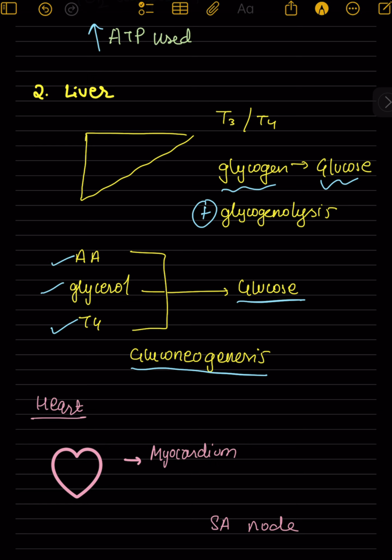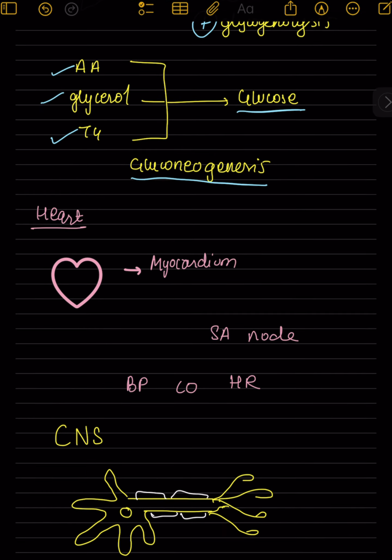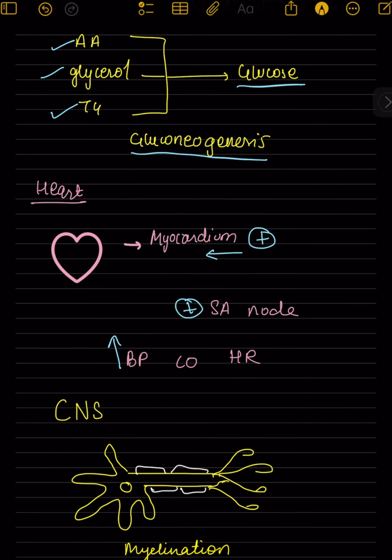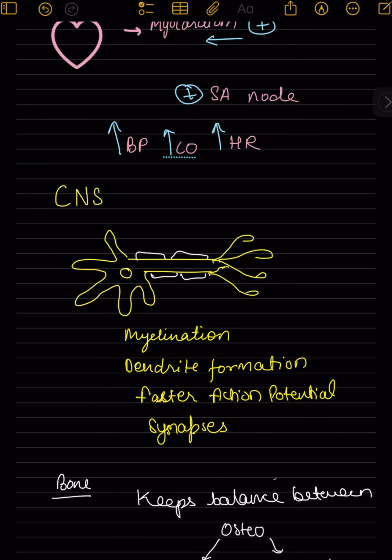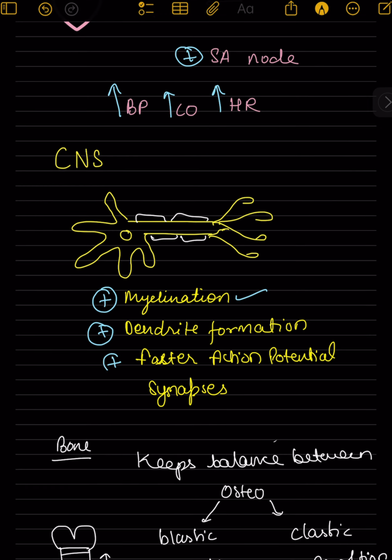triglycerides. In the heart, the thyroid hormone stimulates the myocardium of the heart, which stimulates the SA node of the heart, which leads to increase in BP, increased cardiac output, and increased heart rate. In the central nervous system, the thyroid hormones lead to myelination of the nerve cells. These stimulate the dendrite formation as well as lead to faster action potential transfer as well as aid in synapse